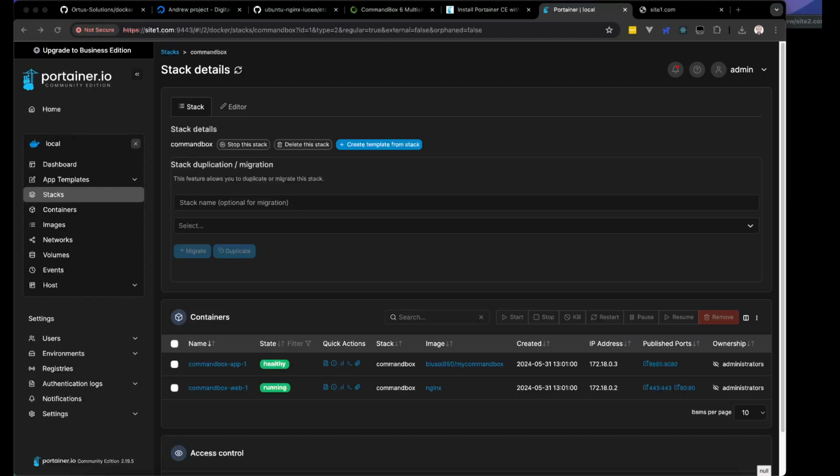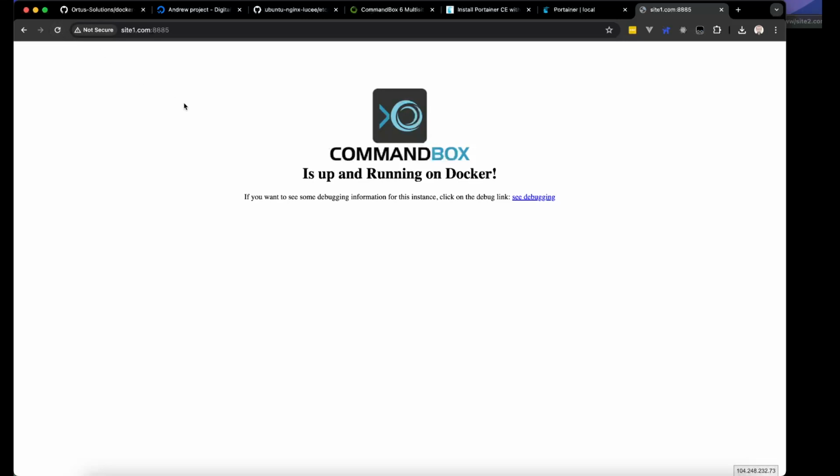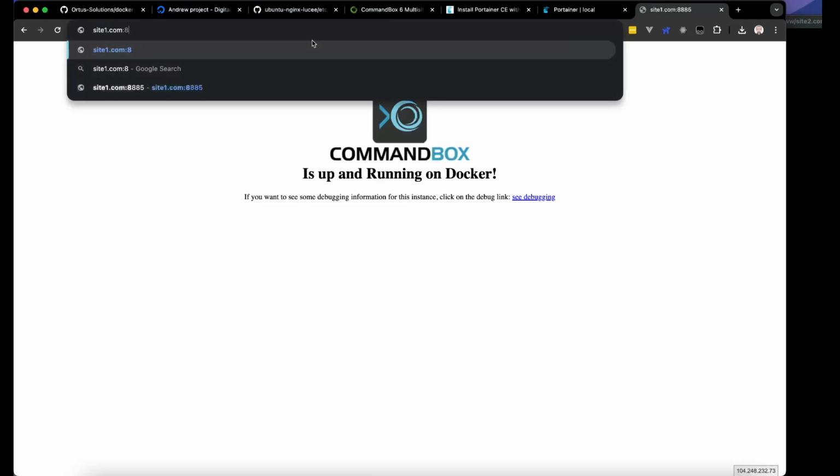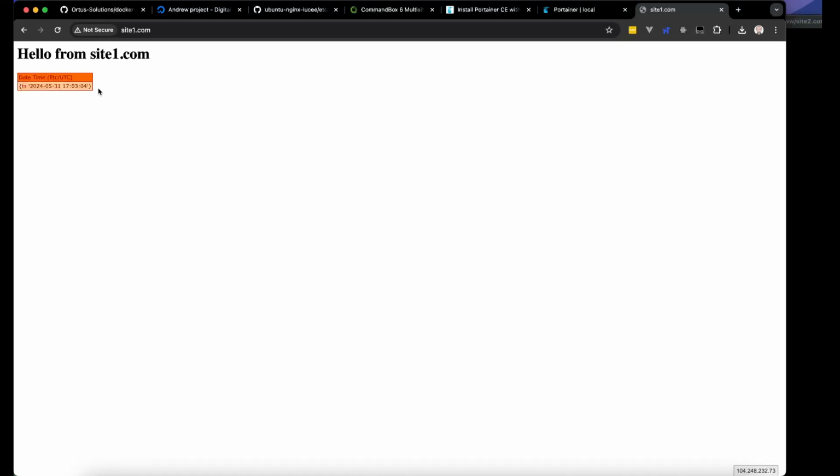All right, after a few minutes, it passed the health check and it says it's healthy. So I'm going to come over here, fingers crossed, and try accessing that site. And there you go. CommandBox is up and running on Docker. Now, that isn't multi-site. That is just connecting to the CommandBox server itself. So I'm going to remove this port here and see if it works. There we go. Hello from site 1,